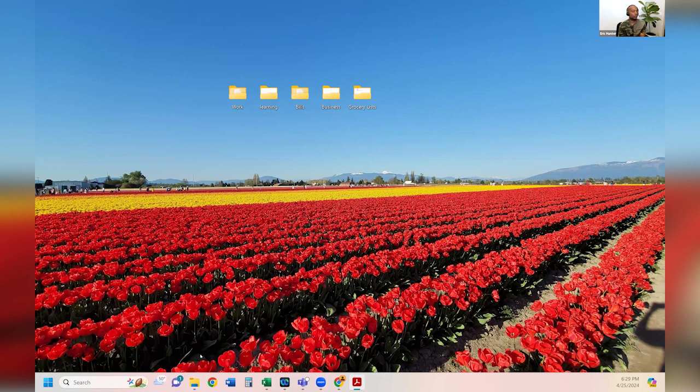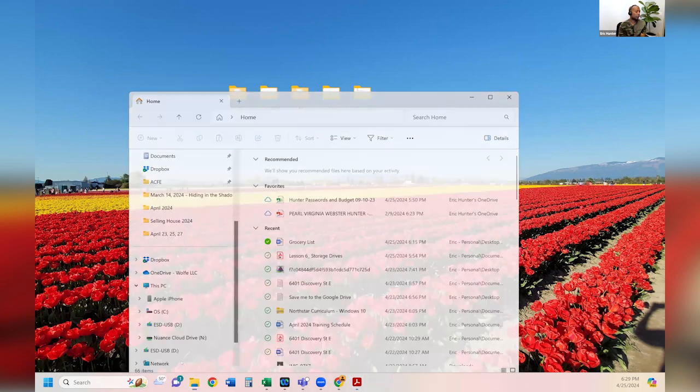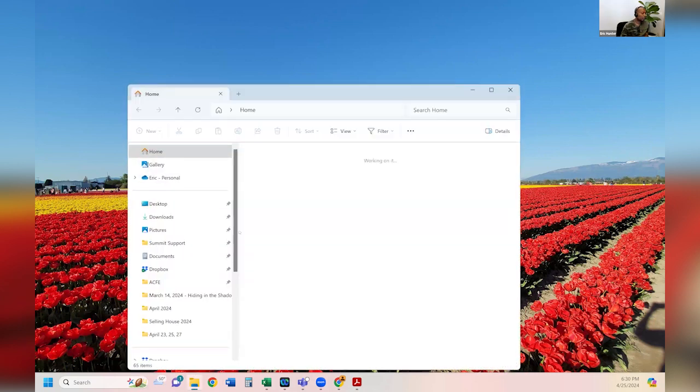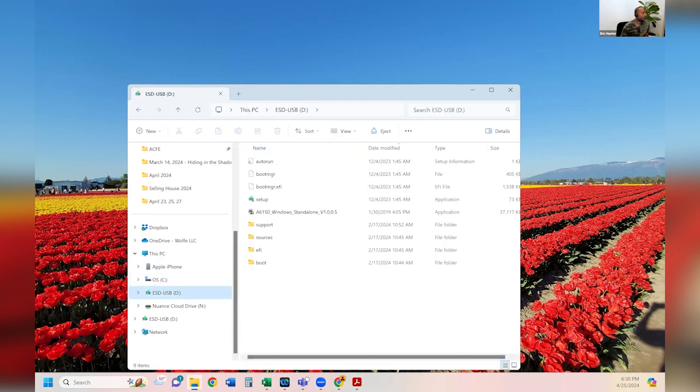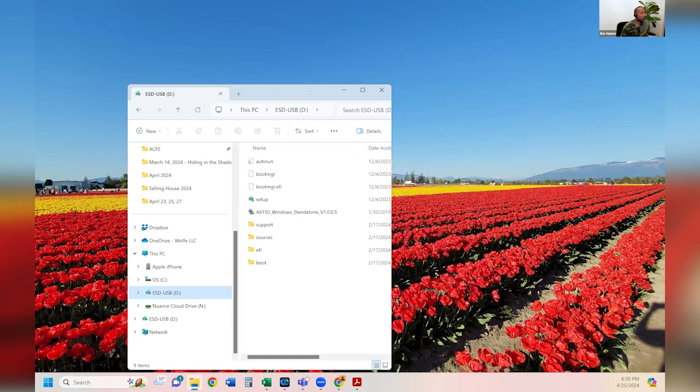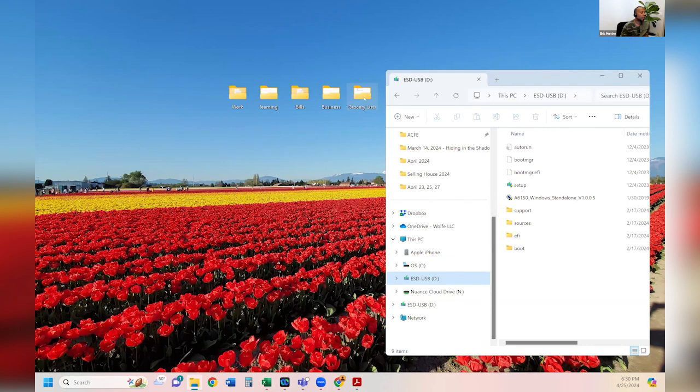The first thing I would need to do is go to File Explorer right here. So File Explorer, and then you want to find the thumb drive. In this case, we know it's D. And then to put the file on there, I'm just going to move this around so you can see. The same way that I moved the file into the groceries folder, now I can grab this entire folder. If it was a file, I could do it the same way. But you can click, hold, drag, and then drop it